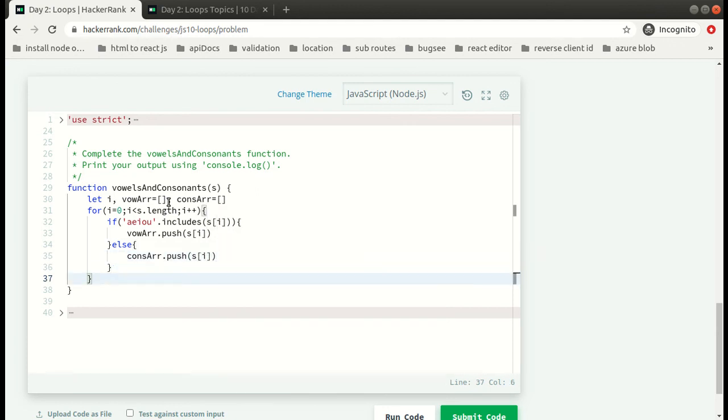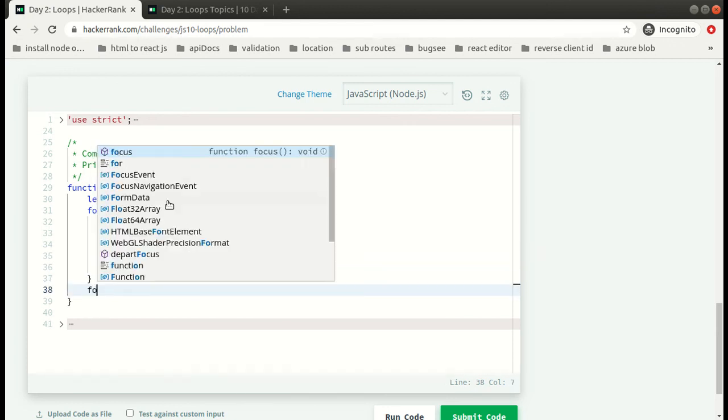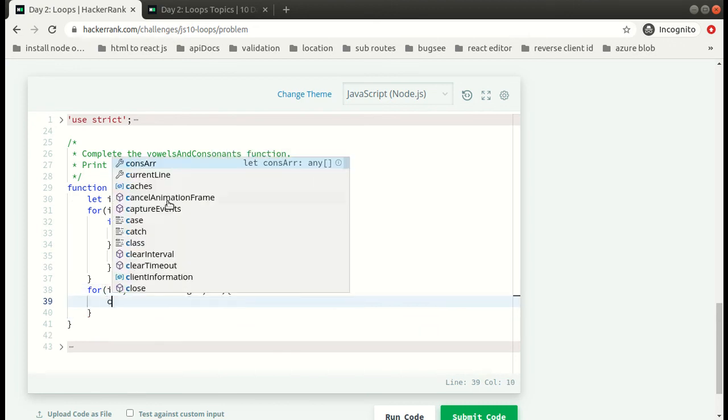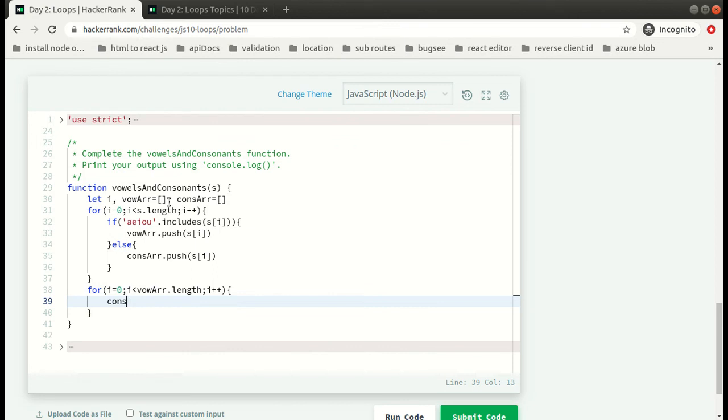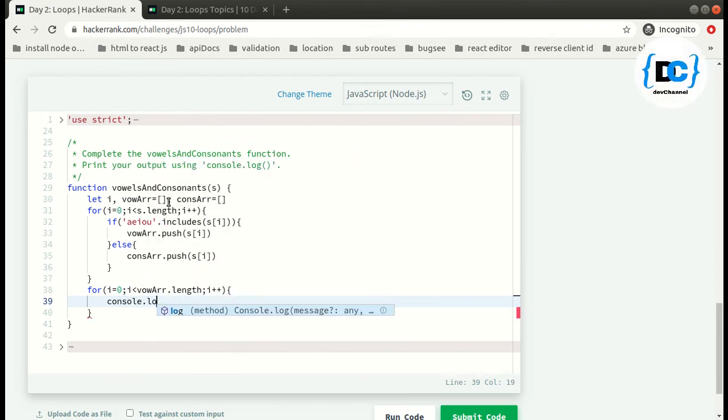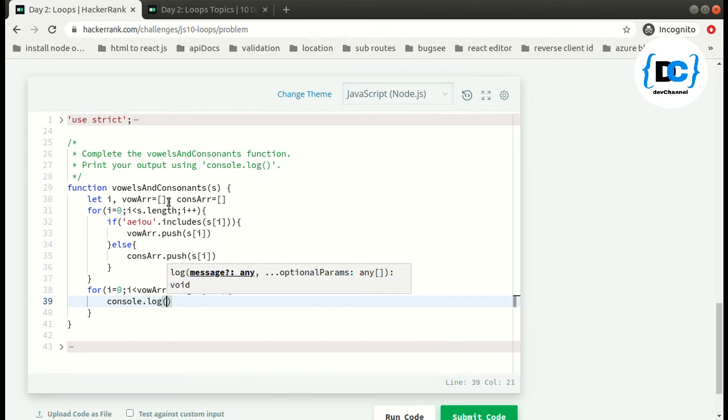Cool. Now outside this loop, we can run another loop till the vowel array length, and over here I'm going to simply console log the vowel array at i.